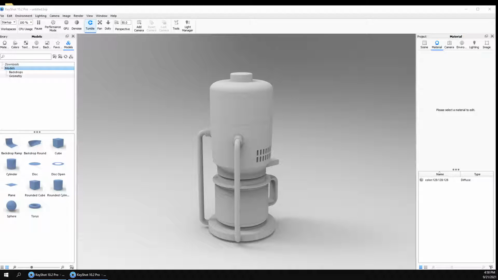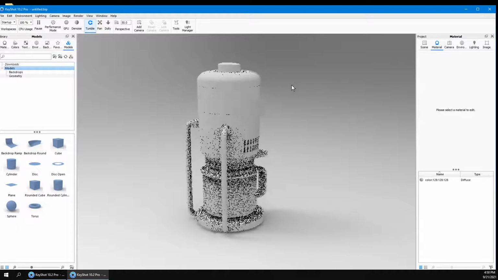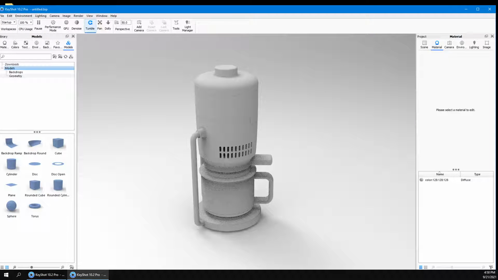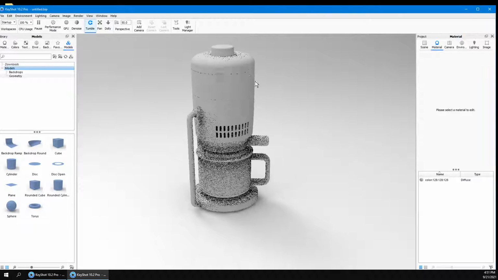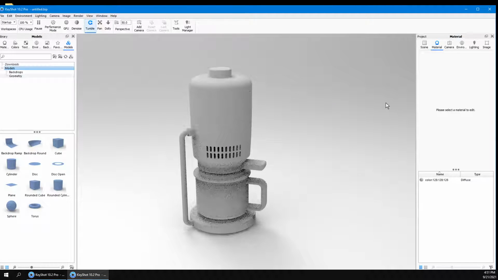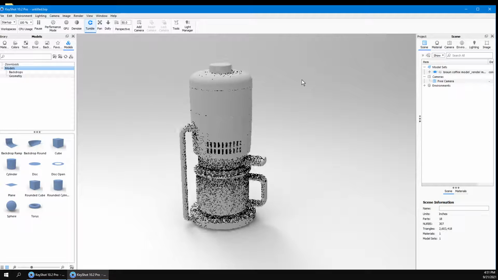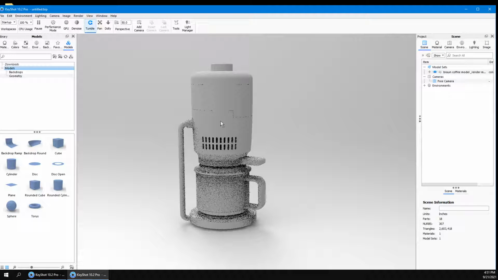There we go. Okay. So for this demo, we're going to use the Braun coffee maker. And you can see when you bring something into SolidWorks, I want to do two things. Let me open up SolidWorks here quickly. When you bring in a model from SolidWorks, you can see that it opens up with a default background and a default